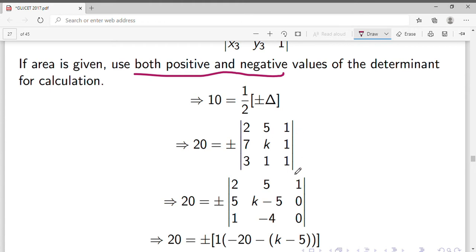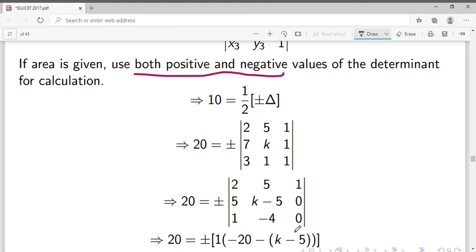the determinant. Now this column contains all elements 1. So using this first row, convert these elements to 0. Same way, again using this row, convert these elements to 0. So row 1 multiplied by minus 1 added to the second, so we get 7 minus 2, 5, here k minus 5, and here 1 minus 1, 0. Same way, row 1 multiplied by minus 1 added to the third row, so we get 3 minus 2, 1, 1 minus 5, minus 4, and 1 minus 1, 0.